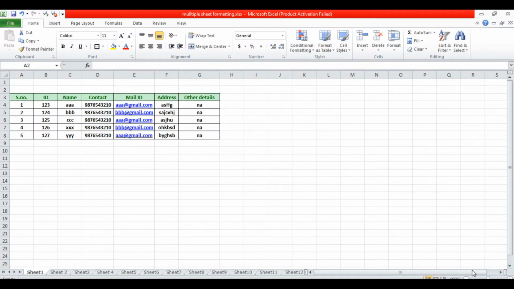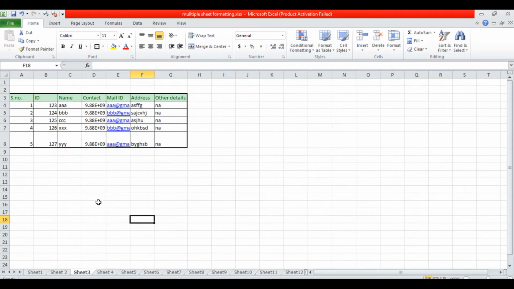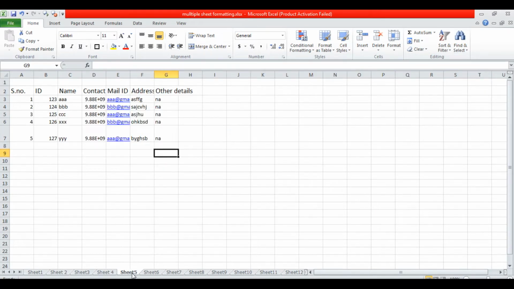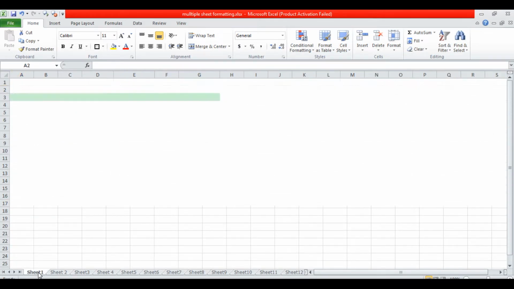So here is an example Excel file with various sheets collected from various persons. You can see that Sheet 1 has some data. It is neatly aligned and all the borders are drawn. Sheet 2 has no border, and proper alignment is missing. Sheet 3 uses a thick box border. Sheet 4, again, the column size is different. Sheet 5, the row size is different here. So you have a lot of other sheets also.